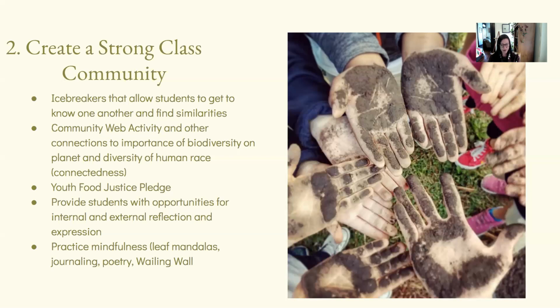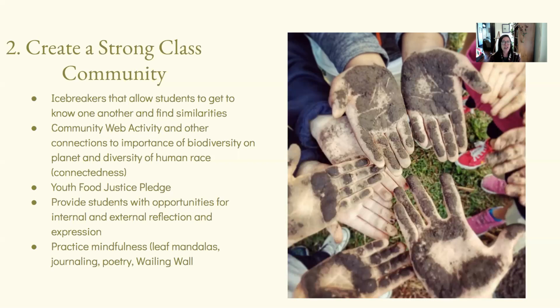You have different things about students and they have to find someone who has something in common, and they can check it off. You could even just pair up students and have them find 3 things they have in common. You could also do a community web activity. Some of you may be familiar with a food web activity where you get the class in a circle and you have a roll of yarn and you start with something down at the bottom of the food chain. So the teacher could start and say, I'm a kale plant,